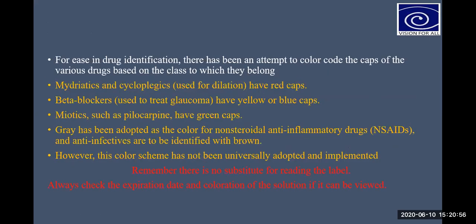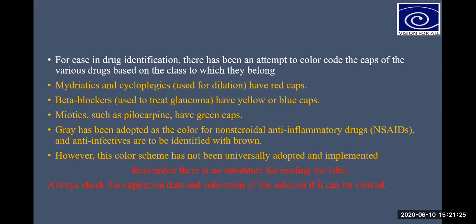So we will readily become familiar with those agents used frequently in your practice, and you will gradually be able to add to your knowledge base. However, as important as knowing the drugs by name is knowing where to find more information about them. There are many references available, and I'll be providing you the references for all the drugs.